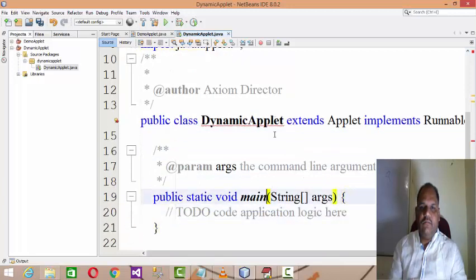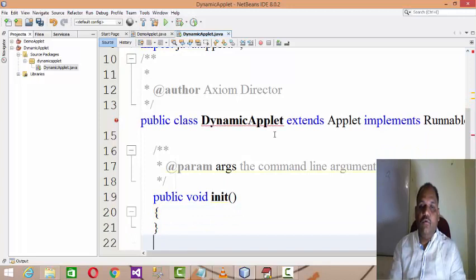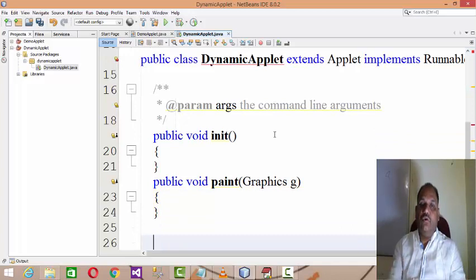Now here, as you are developing an applet, you will need to write three methods, because we studied in the applet life cycle that before giving a call to paint, the applet needs to be initialized. So init is a method you need to override. Then you need to override the method called paint, which requires Graphics as an argument, right? And then as you want to develop a dynamic applet, you have to override the method called run.